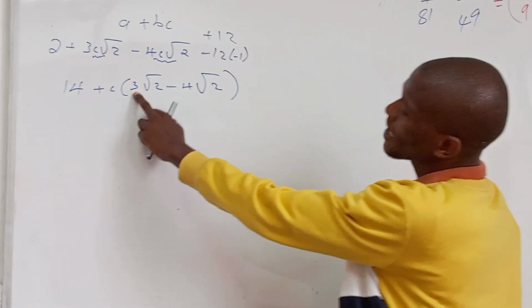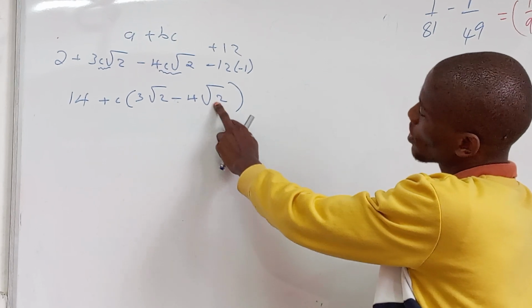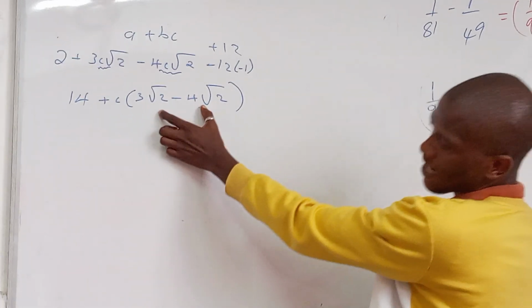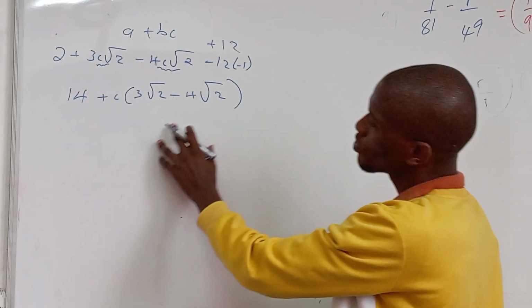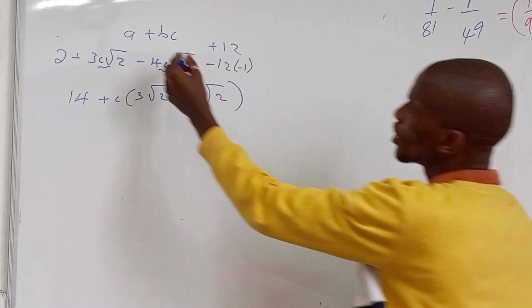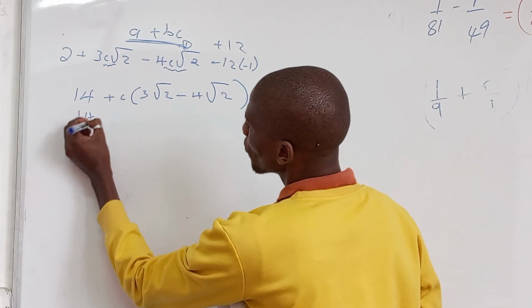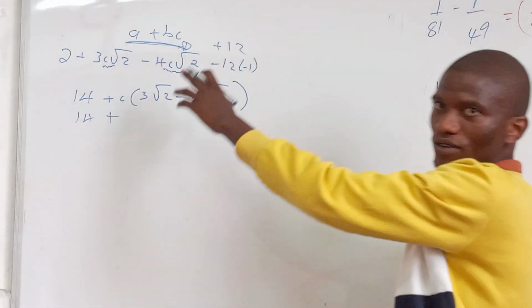Because you can use 3 square root of 2 minus 4 square root of 2 on a calculator, then whatever answer you get, you just multiply with i. Because if they say you should leave your answer in standard form, this is the standard form that we talked about, right? So here, simply we can just have 14 plus,